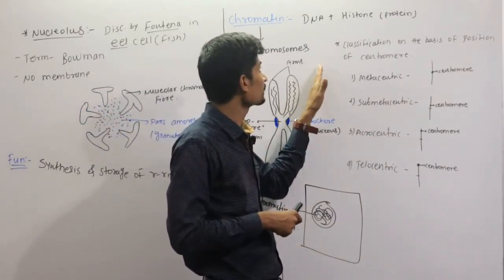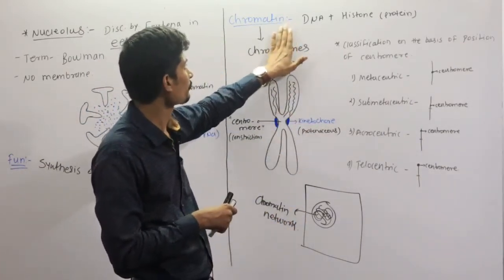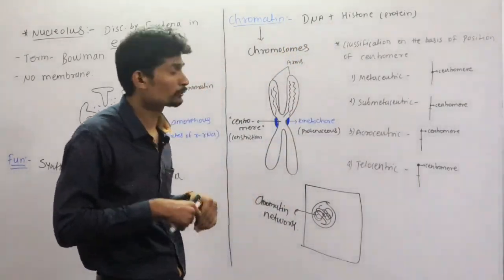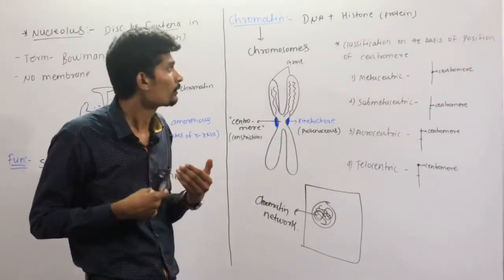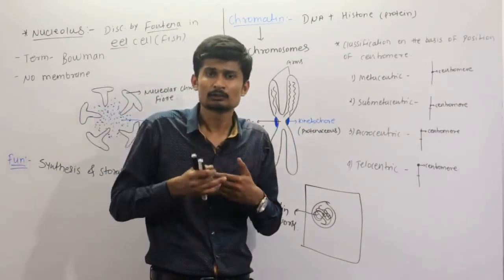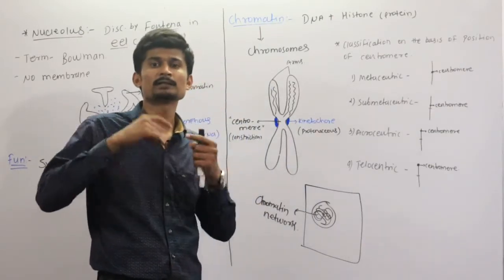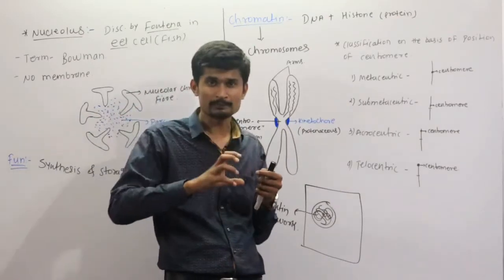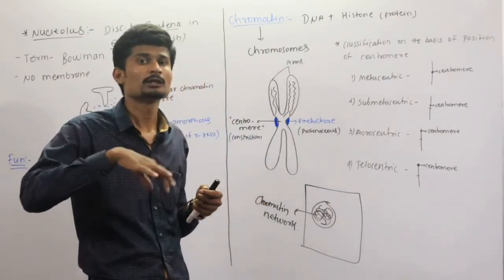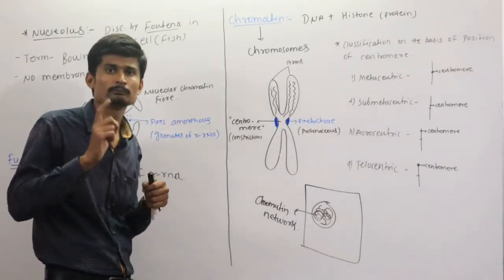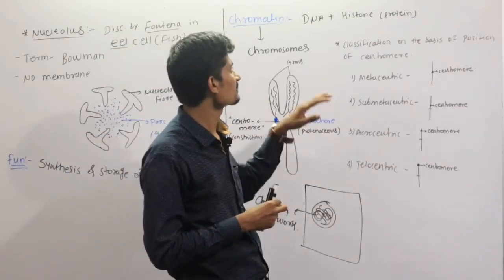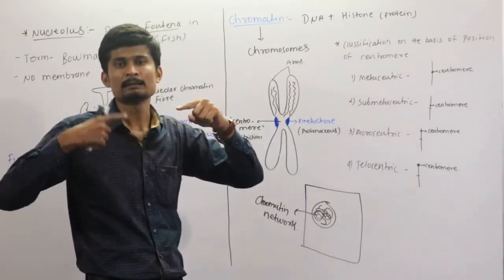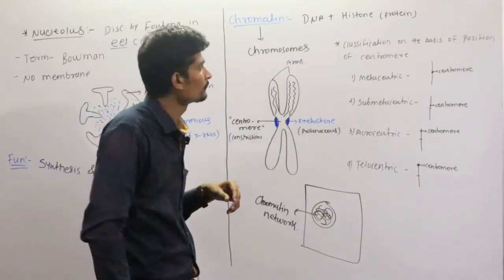Now, chromatin is made up of DNA and histone. So in chromatin, not only DNA but there is also histone. Now what are histones? Histones are proteins. Now what is the function of histones? Histones help in the packaging of the DNA. How they help in the packaging of DNA, this topic we will discuss in the molecular basis of inheritance chapter from the unit of genetics. So basically what to remember is that chromatin has DNA plus histone. DNA is packaged with the help of histone proteins.